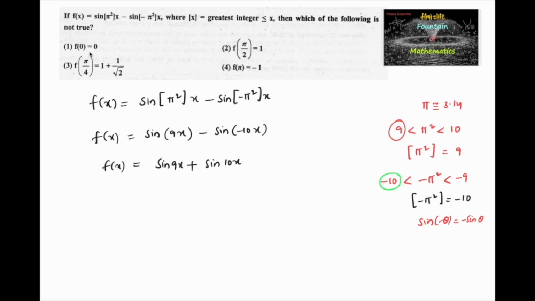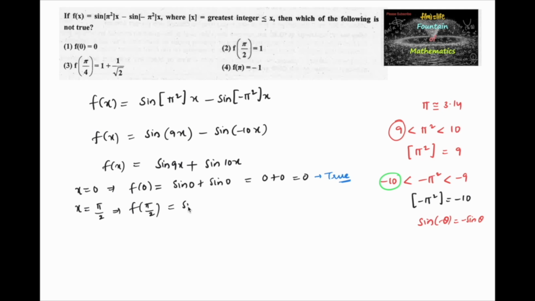Now if we see the options, suppose I take the first option, if x is equal to 0, f of 0 is equal to sine 9 into 0, which is sine 0, plus sine 10 into 0, which is sine 0. Sine 0 value is 0, so 0 plus 0 is 0, which is true. And if we see the second option, at x is equal to pi by 2,